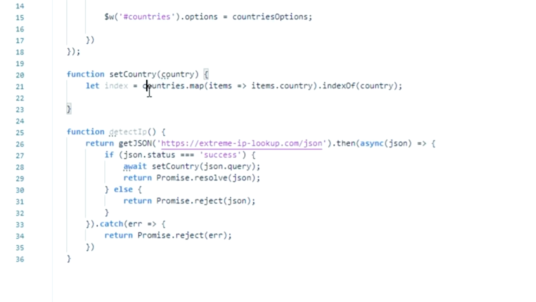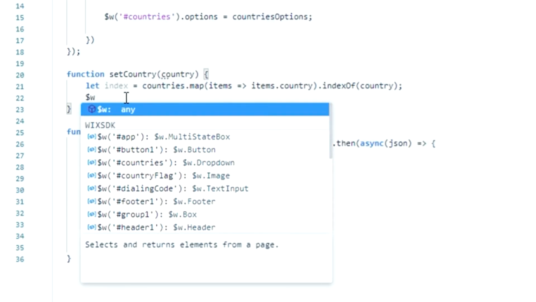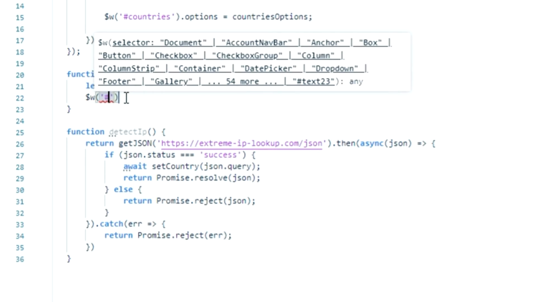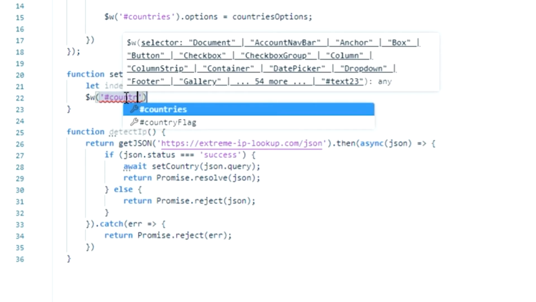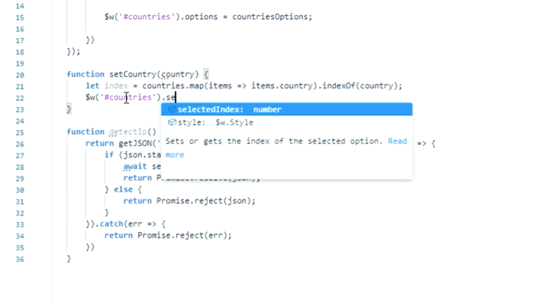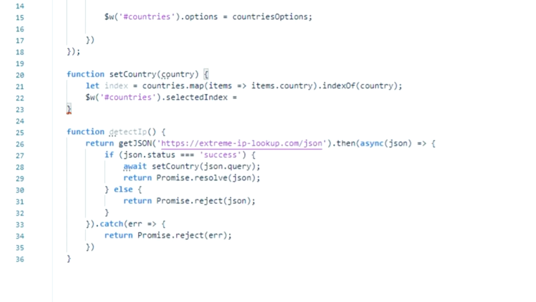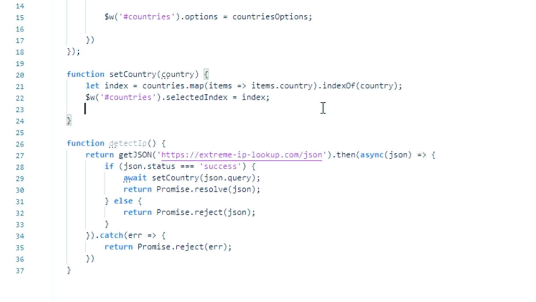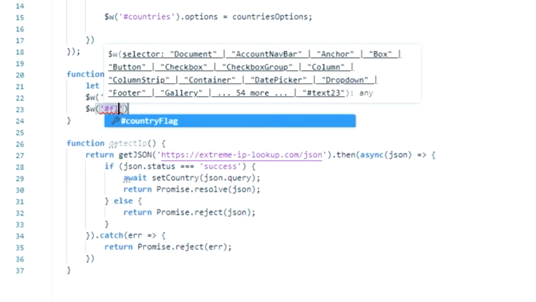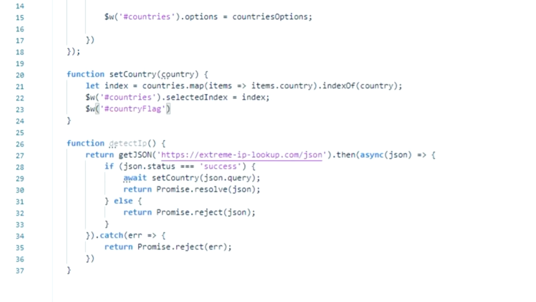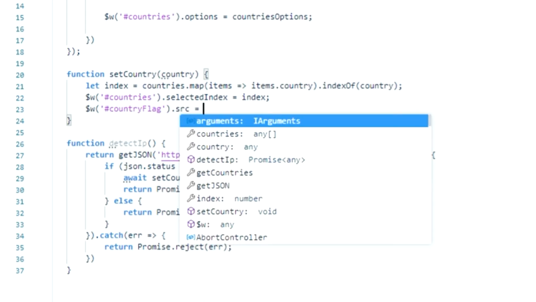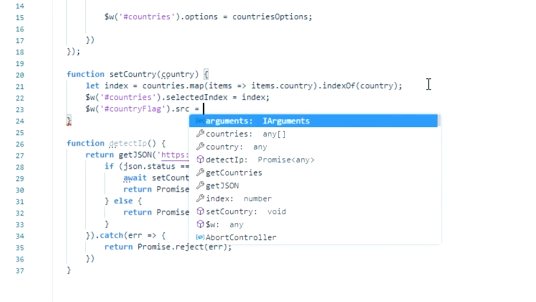The countries drop-down menu dot selected index is the same as the index of the country. So index, and the flag, country flag dot src is the